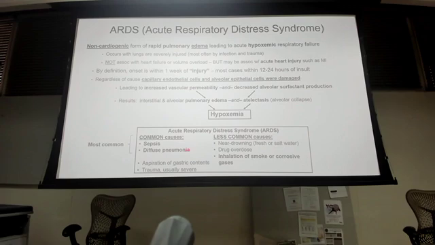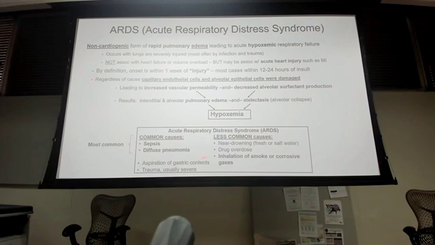Common causes, we talked about with sepsis, diffuse pneumonia, right? They may have an underlying disease that you don't know about. So the classic is if you don't get a good medical history, you may not know that, hey, I got seen at an urgent care when I was at the beach last week. They gave me a Z-Pack. They said I may have pneumonia. They didn't tell anybody, and now they're presenting, and then that pneumonia maybe was atypical and wasn't responding to azithromycin, or maybe it was a different bug.